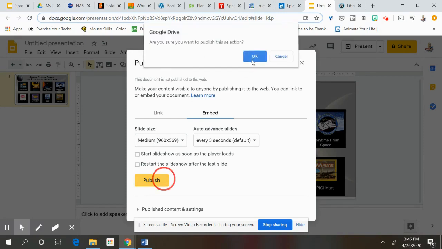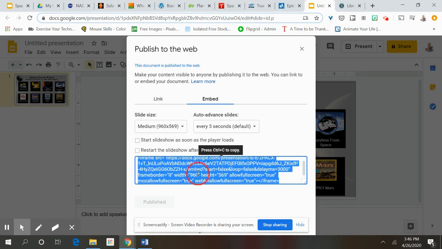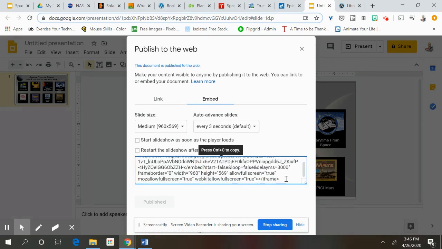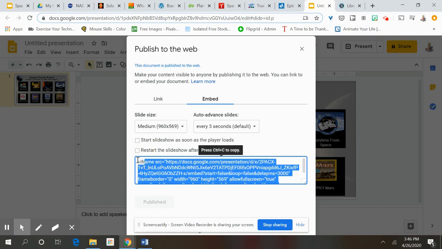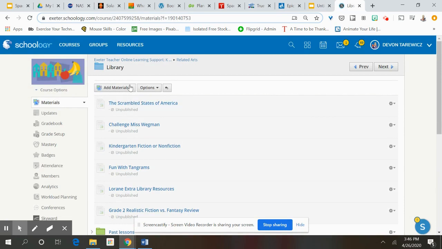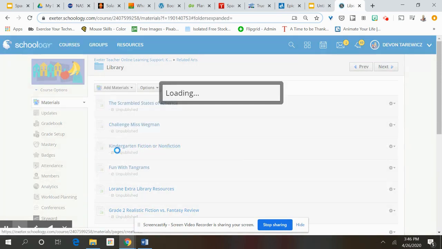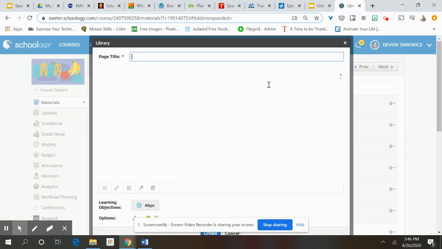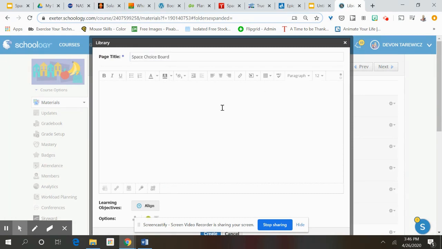Are you sure you want to publish? Okay. And now all of this text right here, you want to make sure that everything is highlighted. And you're going to copy that text. In Schoology, what you'll do is add a page, or this could already be a page you have that's existing for your lesson. And to add that embedded Google slide, we'll come over here to Insert Content, Image and Media,